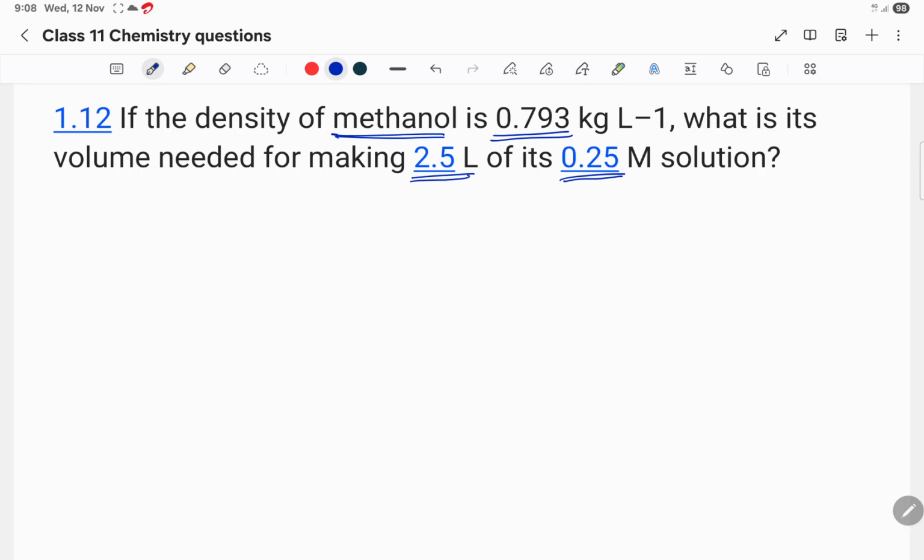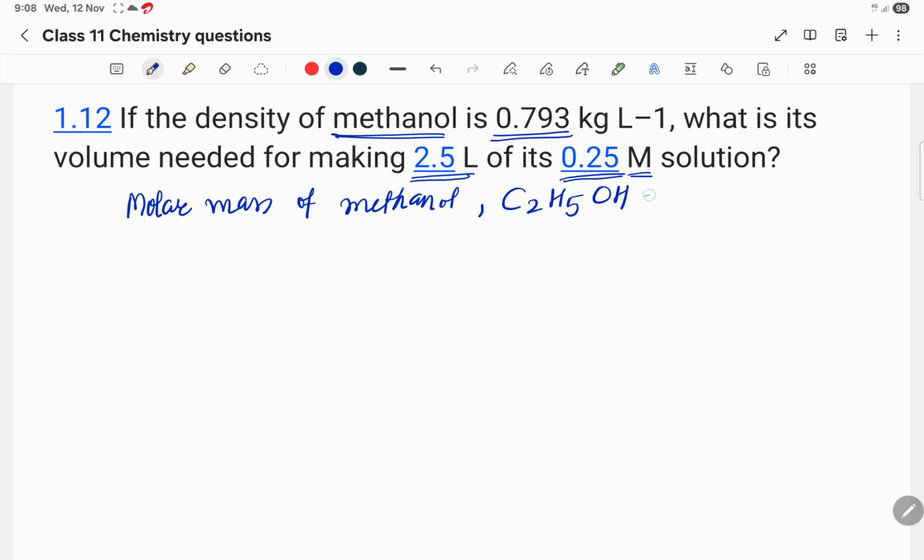Okay, so once again we have been asked what is the volume needed. Obviously molarity is given over here, we need the volume, then what we are going to do, first we are going to calculate the molar mass of methanol. Molar mass of methanol. Okay, and you should know what is the formula of methanol. Methanol is